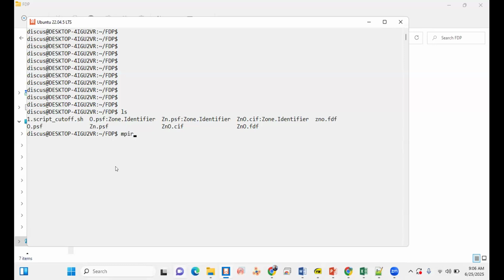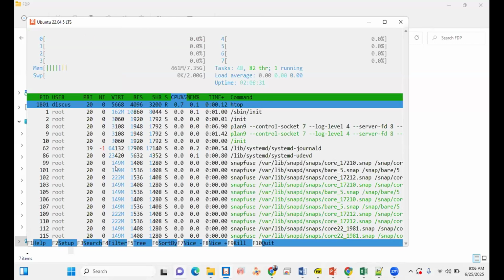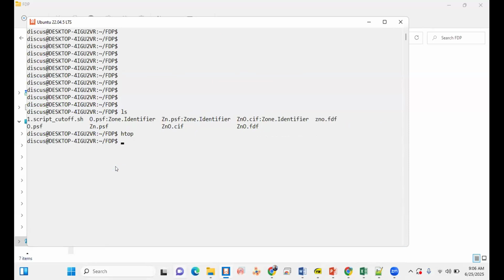So let me try, maybe it will not make an issue for us. So mpirun, this is for the parallel run. And minus np, we use np for number of processors.